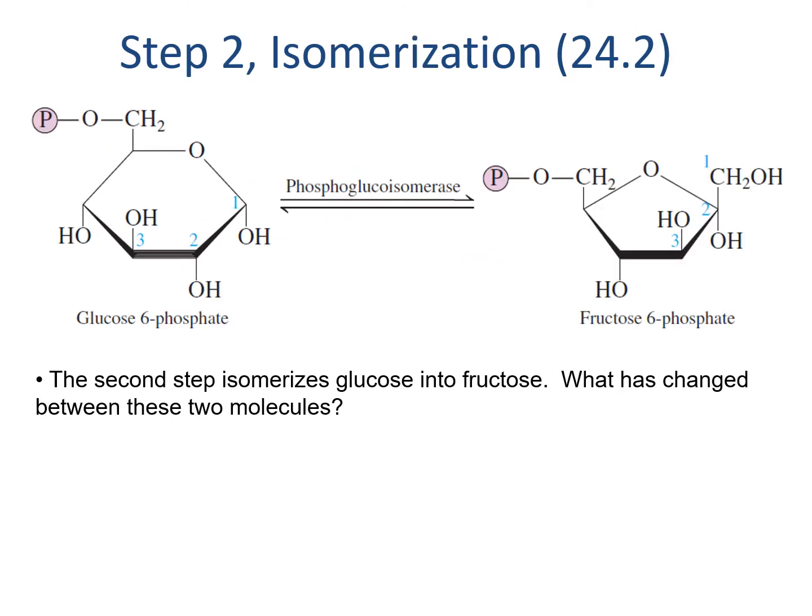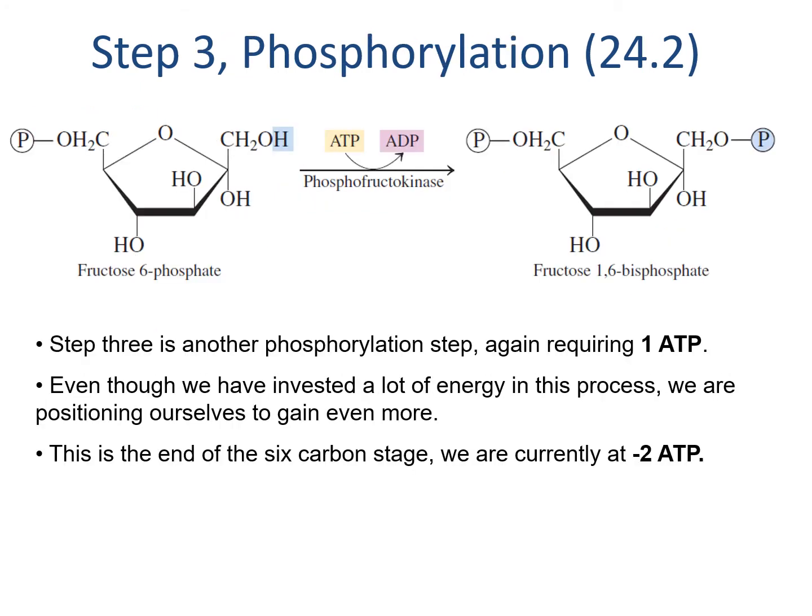After the glucose is trapped with a phosphate, we isomerize the glucose to a fructose, just moving the ketone over. It doesn't give us any energy, and we don't spend any energy, but it does posture us for gaining more energy later by breaking the molecule down. We can lock us into the phosphate form by adding another phosphate on the other side of the 6-carbon molecule, which helps us later. For now, it costs us an ATP for a total of 2 ATP spent during the 6-carbon stage.